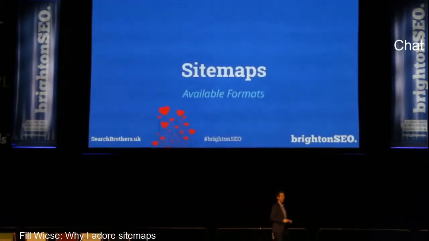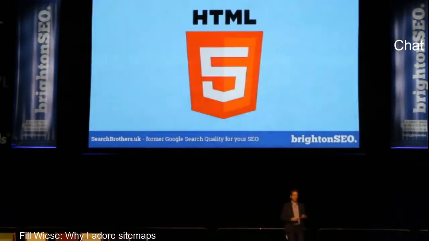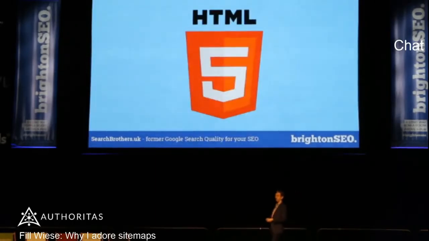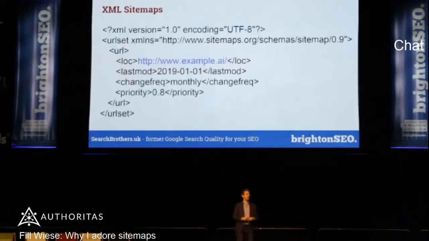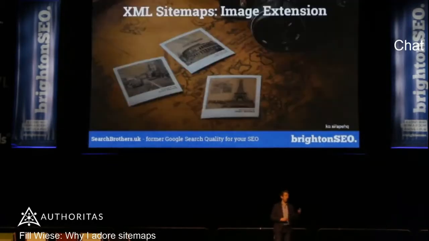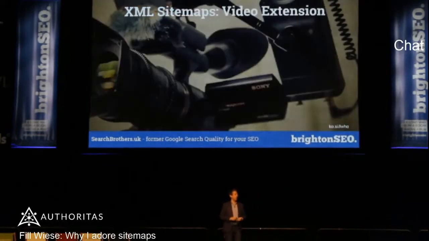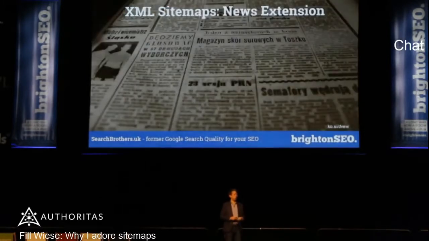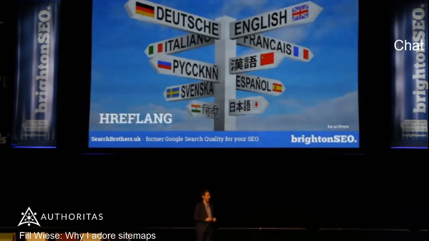Coming back to sitemaps, there's a couple of different formats that we can use. One old school one that you may have heard of is the HTML sitemap. Now, I personally do not like the HTML sitemap that much, and I'll explain a little bit why. Other formats, and most used, are the XML sitemap format, which allows us to also use indexes, which is pretty cool. In addition to that, it allows us to add additional information to image sitemaps, video sitemaps, and news sitemaps. As well as, and this is actually pretty cool, and I'll show you an example why, hreflang,